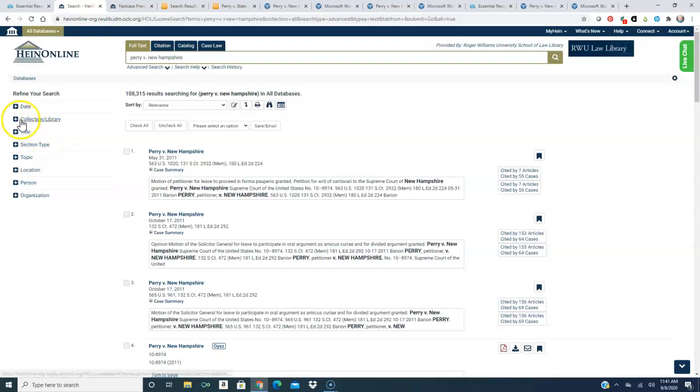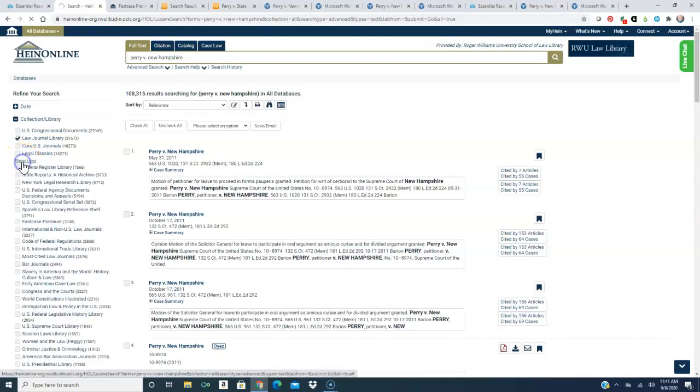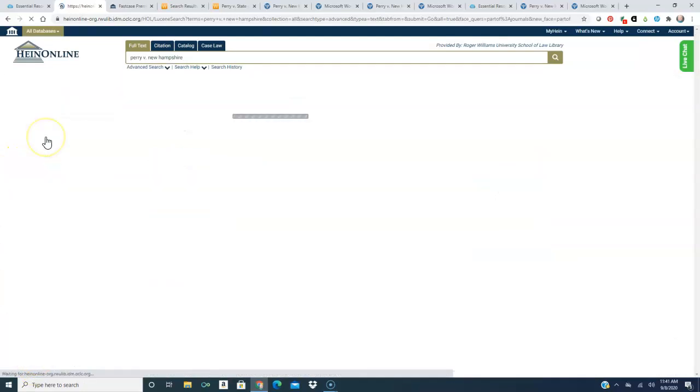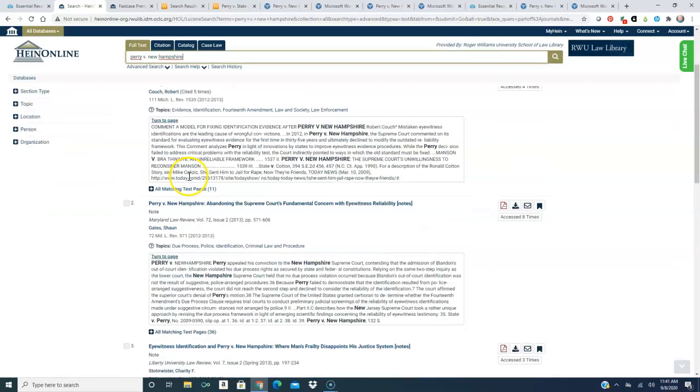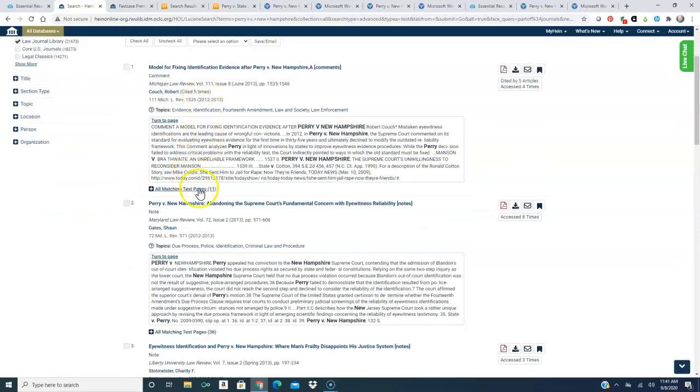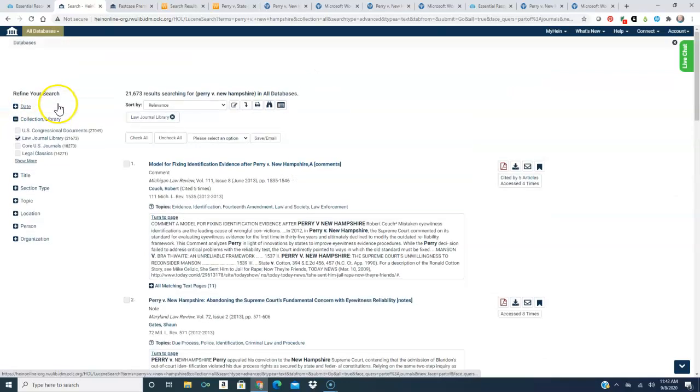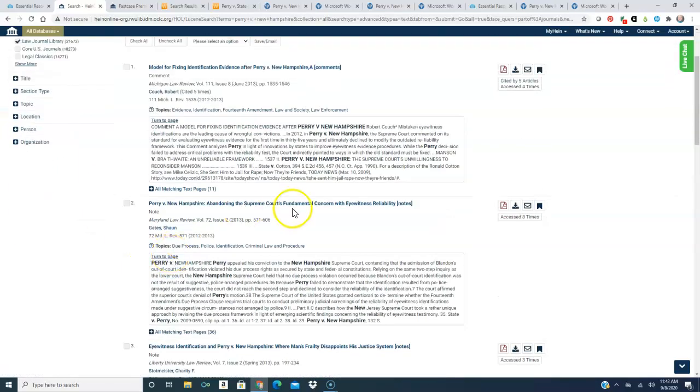The nice thing about Hein Online is we can get to the Law Journal Library and other collections as we need to. And we can see the law review articles listed here. We could narrow, there's so many of them, we could narrow by location, topic, date, however we want to. If I just take a look at this one here,